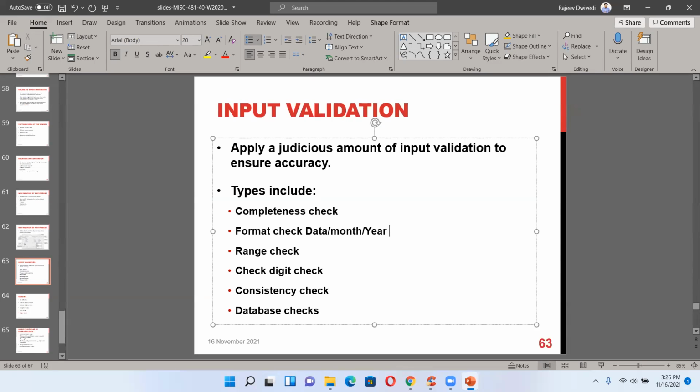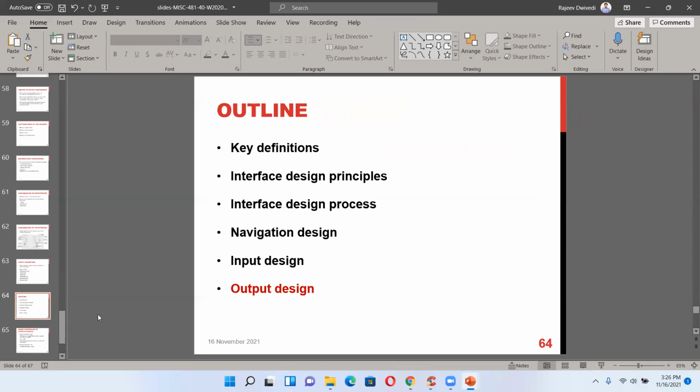Now here in the USA, it is month, date, and year. So format check, range check, digit check, consistency check, database check. All such things should be checked while typing.